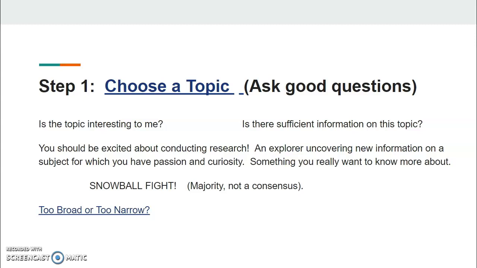So also on that sheet of printer paper, number 1, you should have what is a multi-genre research paper. Number 2, I want you to write that step 1 is to choose a topic, and just write a note that it should be something you are really passionate and curious about. Not something like, I guess I'll research this. You want to be extremely passionate about it.